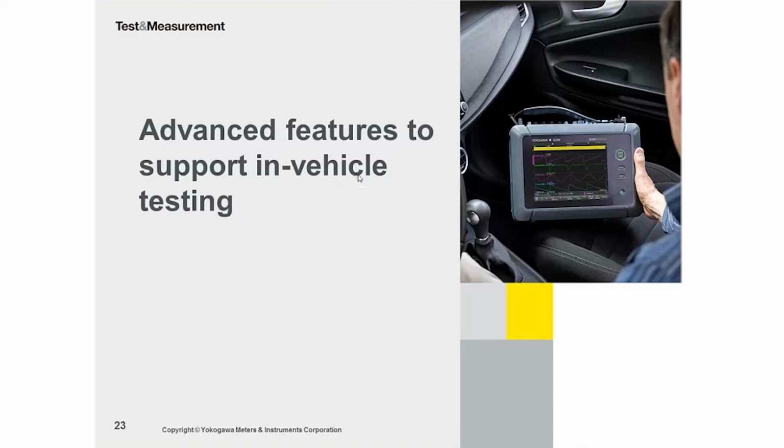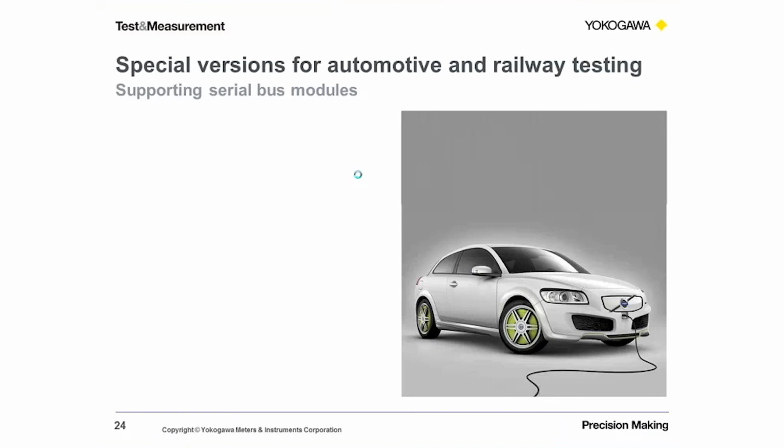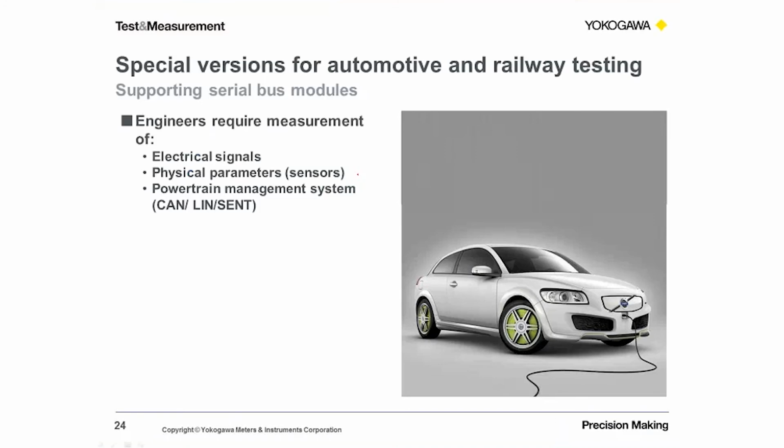What this means is that we can look simultaneously at an input into a ScopeCorder, electrical or physical signals, which are driven from sensors, whether it be pressure, temperature, or whatever it happens to be. So we're looking at those physical sensors, and we're also looking at the output effectively of the powertrain management